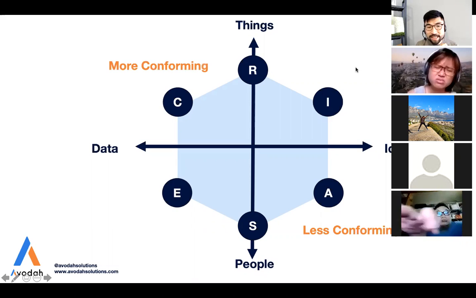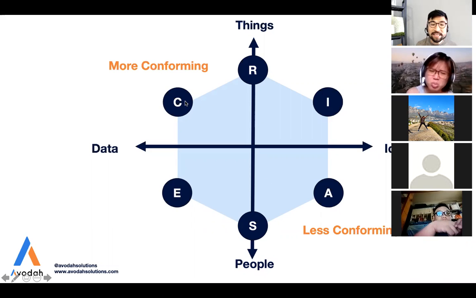Another two ways to look at this is the people that are more on the upper quadrant here, the R and the C, and the people who are at the bottom quadrant, A and the S. There's a difference also. R and C people, because they're more hands-on, more process-oriented, tend to be more conforming. They tend to follow processes and rules quite well. For A and S, social and artistic people, you tend to be a bit less conforming because you want to explore ideas, you want freedom of expression.